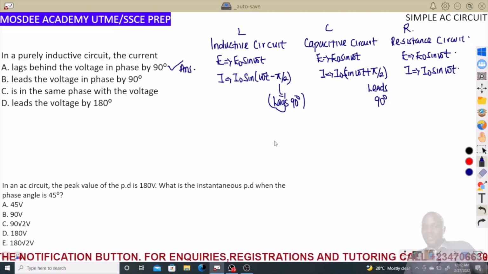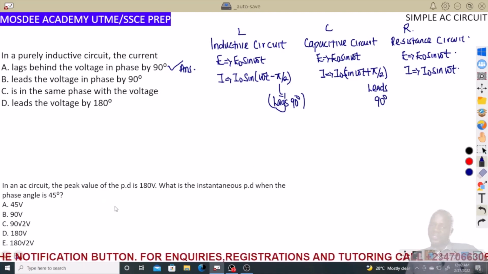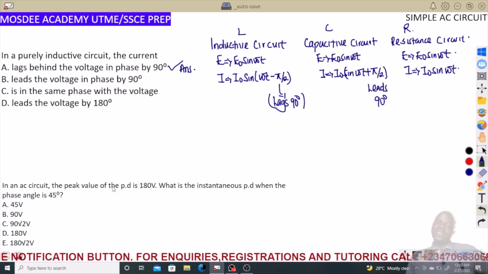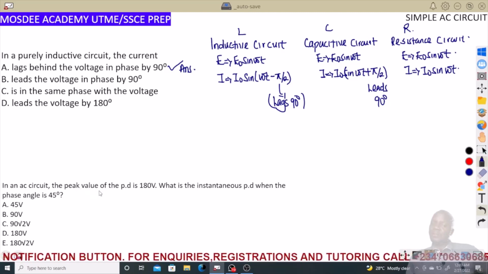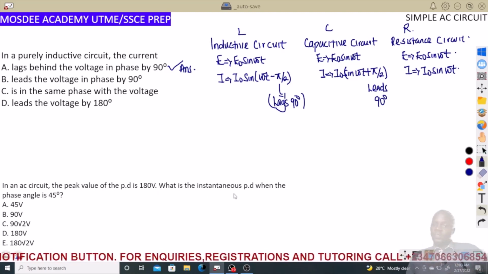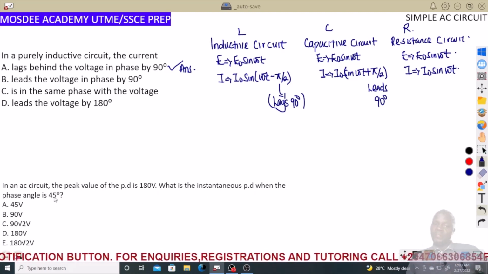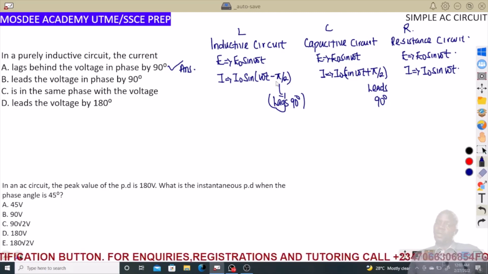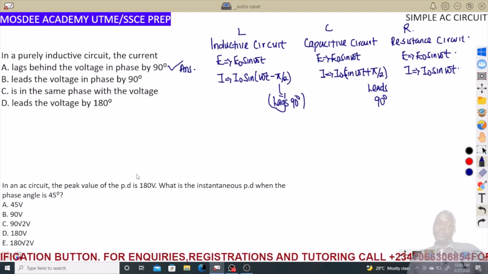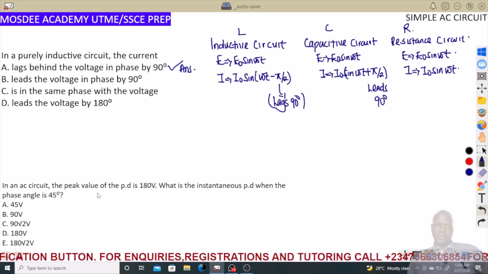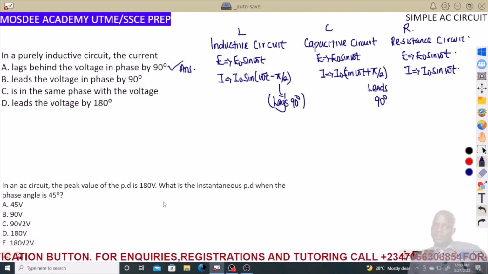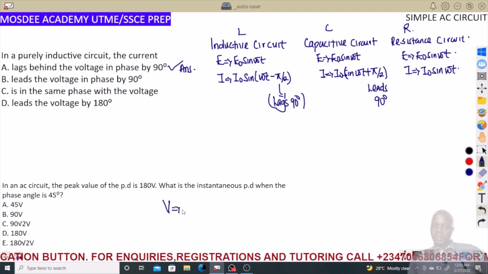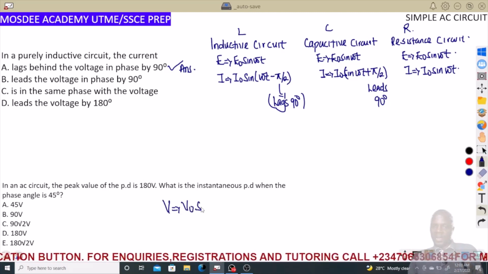The next point we can talk about is the next question. I'll take each question and then I'll be able to explain it to you in detail. Now, in an AC circuit, the peak value of the PD is 380 volts. What is the instantaneous PD when the phase angle is 45? Now, phase angle, we are talking about angular velocity. You can see now, in the circuit, we have talked about PD. I will write PD as V now. You can say V equals V naught sine